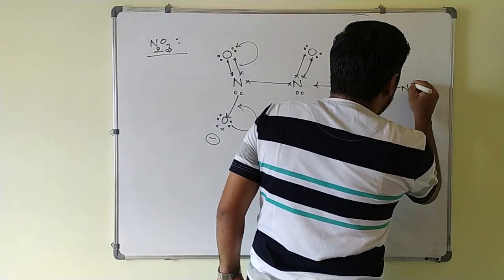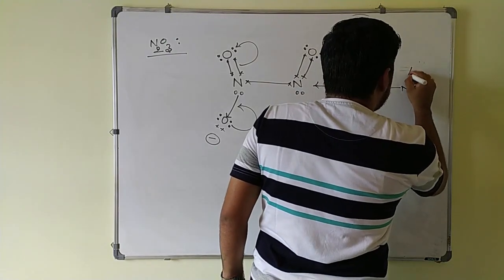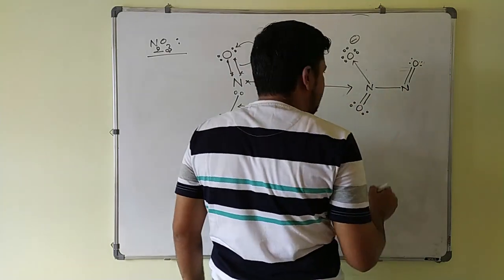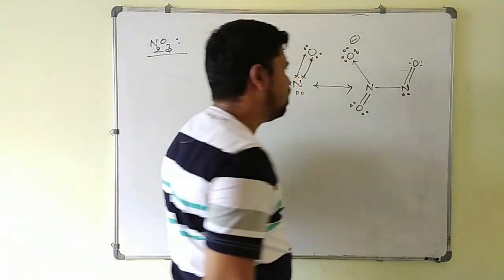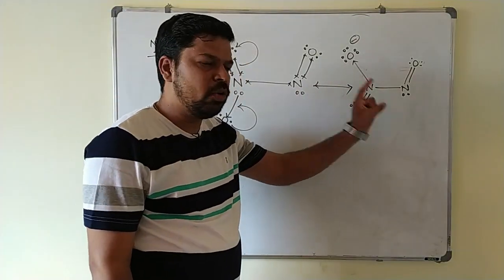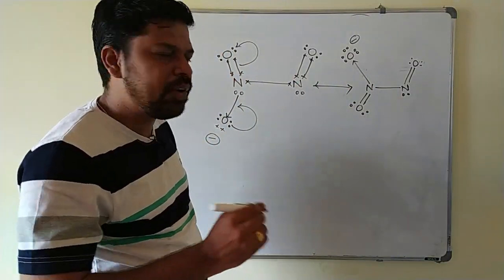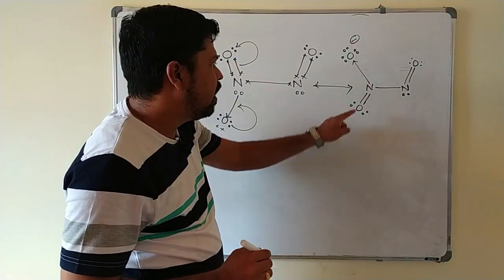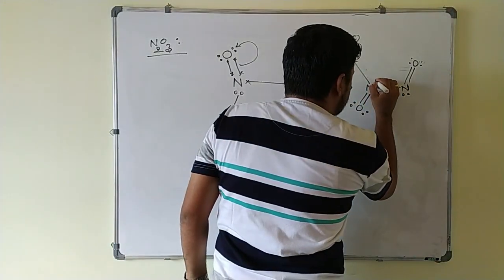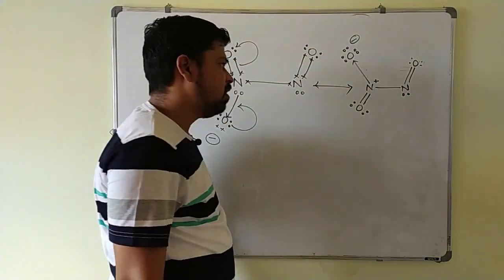This nitrogen, okay, and this is a double bond as it is, oxygen, remaining 4 electrons as it is, here 1 lone pair of electrons as it is. Okay, this is the resonance structure of N2O3 here. Always keep in mind one thing, whenever this nitrogen forms a 4th bond, it gets a positive charge as the formal charge on itself.